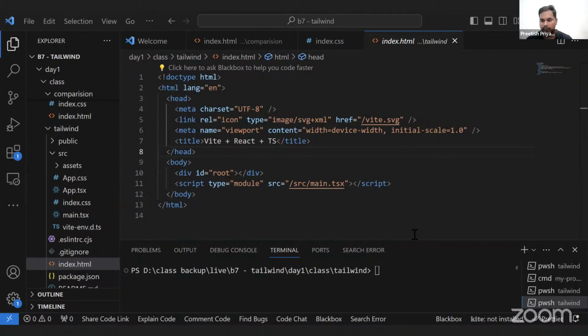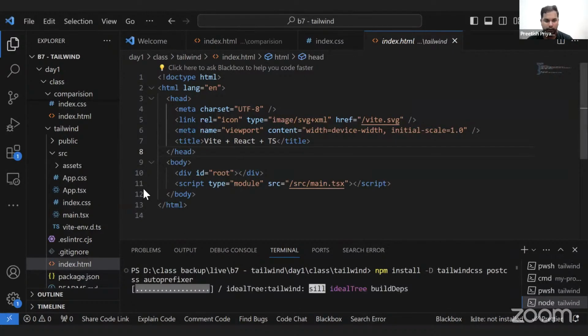All right, so now let's install Tailwind. Copy the code, let's move to this project, paste the code here, and press enter. Now what we'll be doing is this will install Tailwind. You can see here Tailwind is